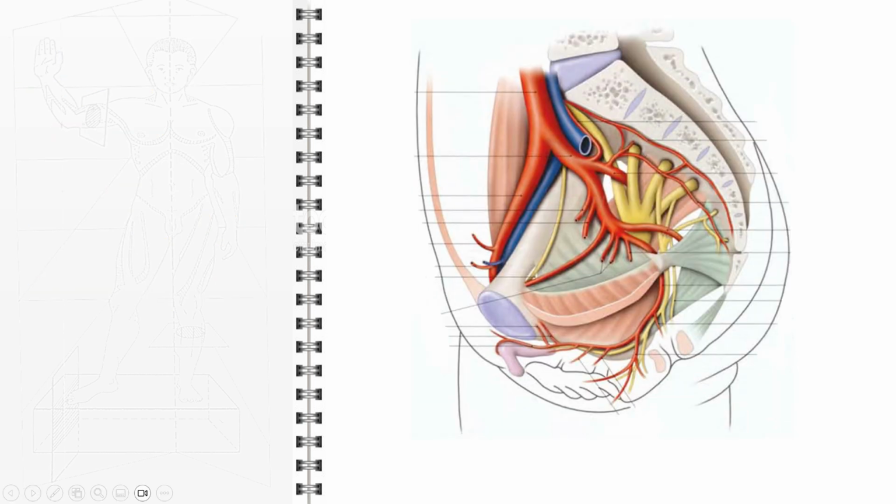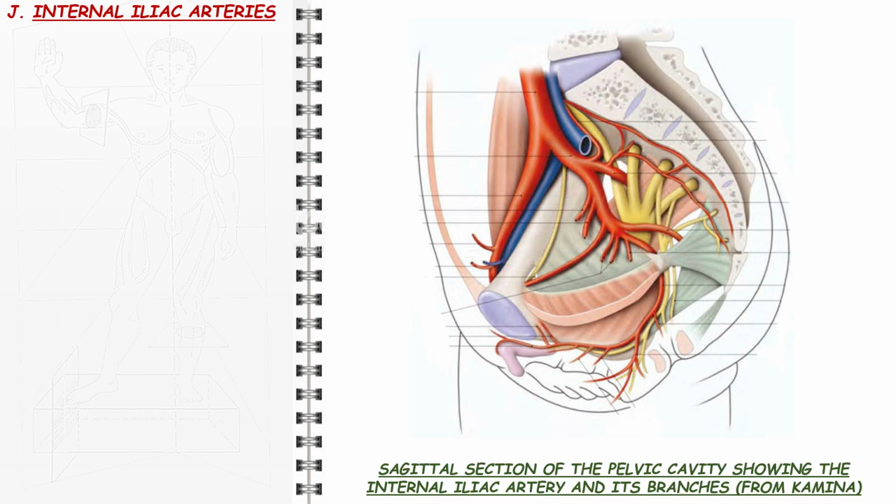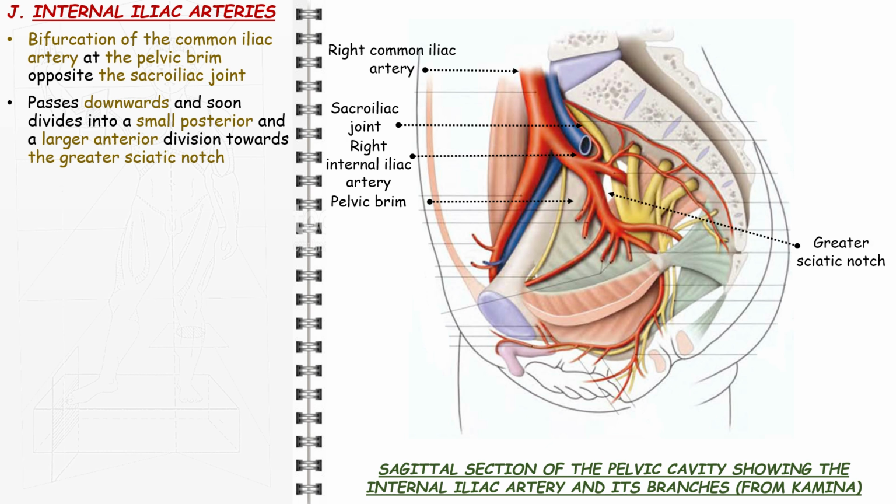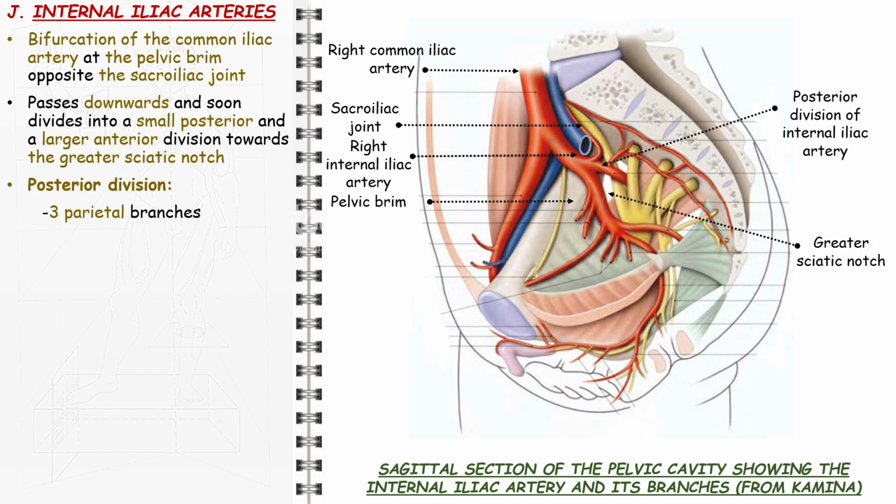The common iliac artery bifurcates at the pelvic brim opposite the sacroiliac joint. From this point the internal iliac artery passes downwards and soon divides into a small posterior and a larger anterior division towards the greater sciatic notch. The posterior division breaks up into 3 branches, all of which are parietal and are named iliolumbar, lateral sacral and